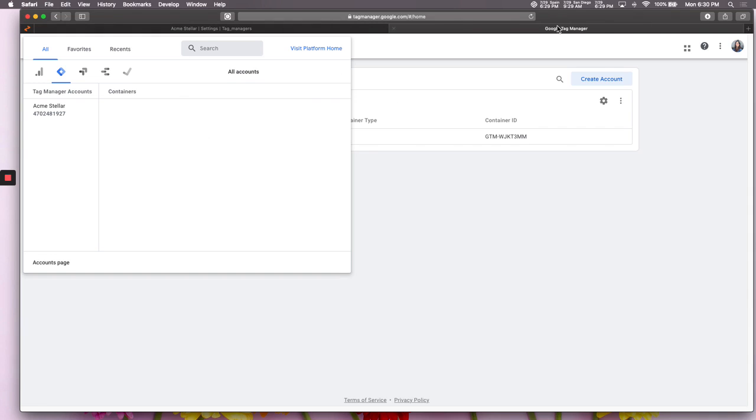So when I go to my Google Tag Manager dashboard, I can see my accounts. I'm managing the Acme Stellar account. I added my domain and all of that, so it's already ready to go. And you can toggle through. I've got my Google Analytics and some of the other services that they provide, but in this case, for Google Tag Manager, I'll click into that,